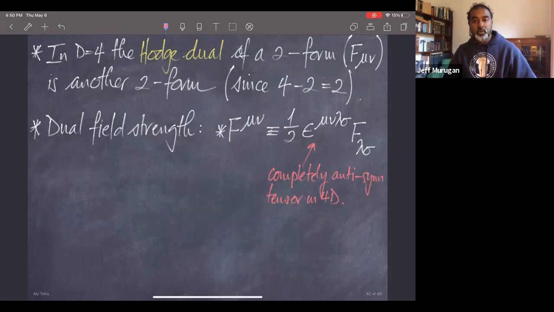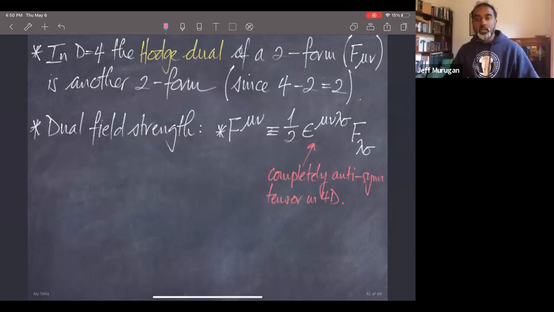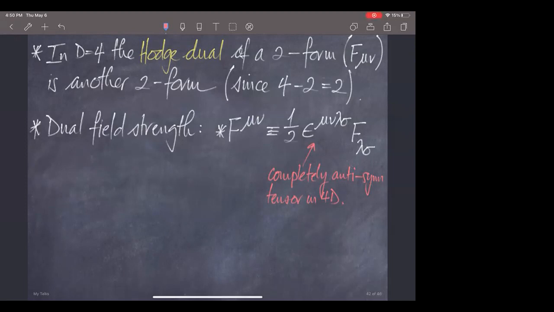Okay, so right, that's the dual field strength tensor. Okay. Let me just check something. All right. So